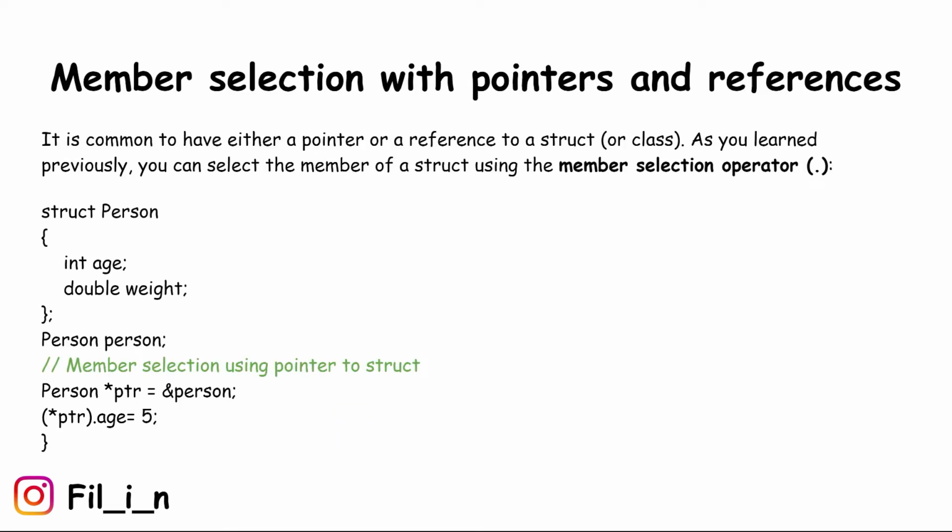It is common to have either a pointer or a reference to a struct, or class. As you learned previously, you can select the member of a struct using the member selection operator, dot. struct Person { int age; double weight; }; Person person; // member selection using pointer to struct. Person *ptr = &person; (*ptr).age = 5;